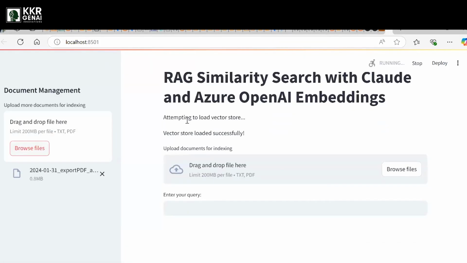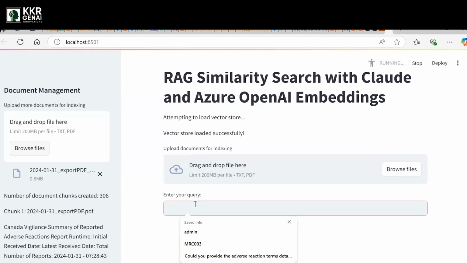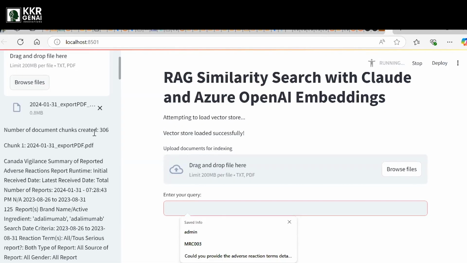See, it is running in the backend. Here it is converting to vectors, and it will try to load the vectors. You can see the information, the number of documents or chunks. As I told you, every LLM has some token limits, right? So accordingly, it will split my documents into multiple pages. Some 10 pages are one document, another 10 pages are another document. It has created some 306 document chunks.